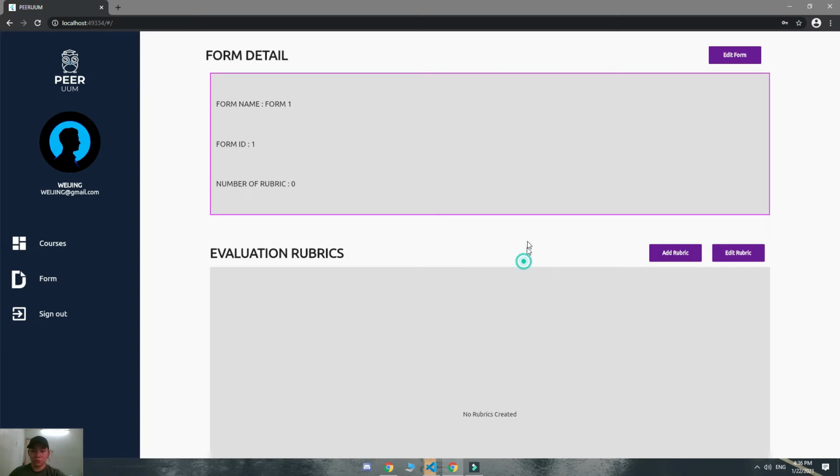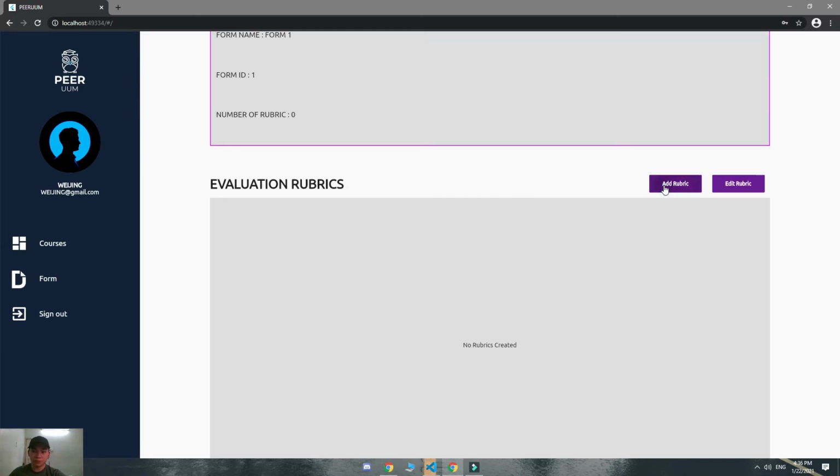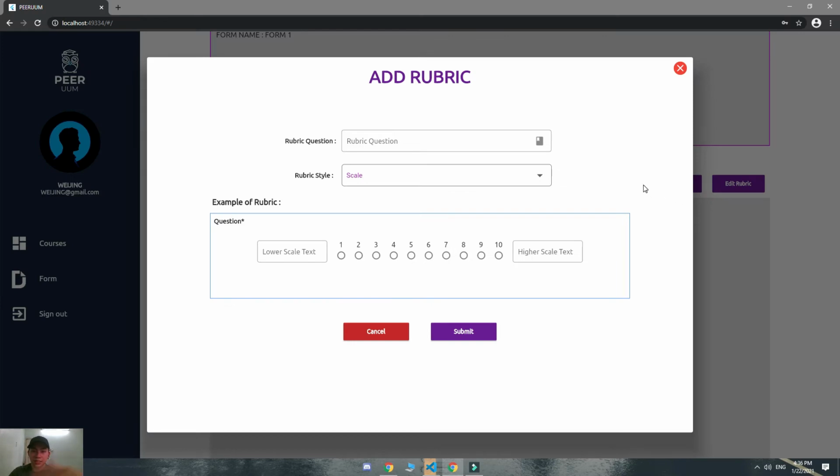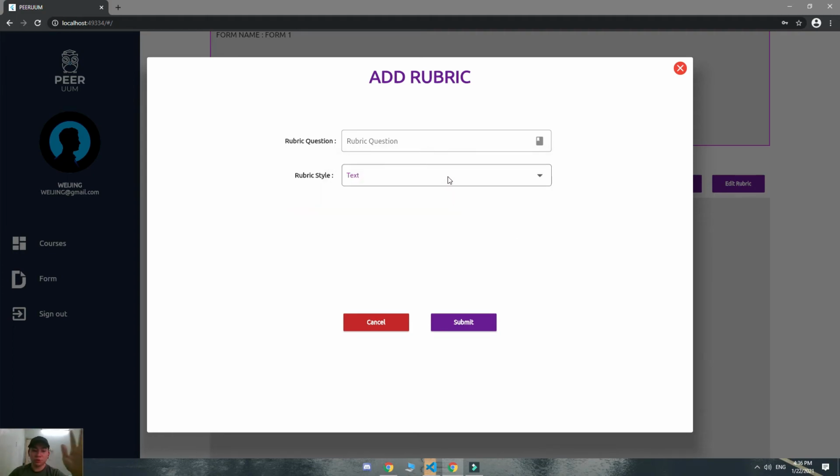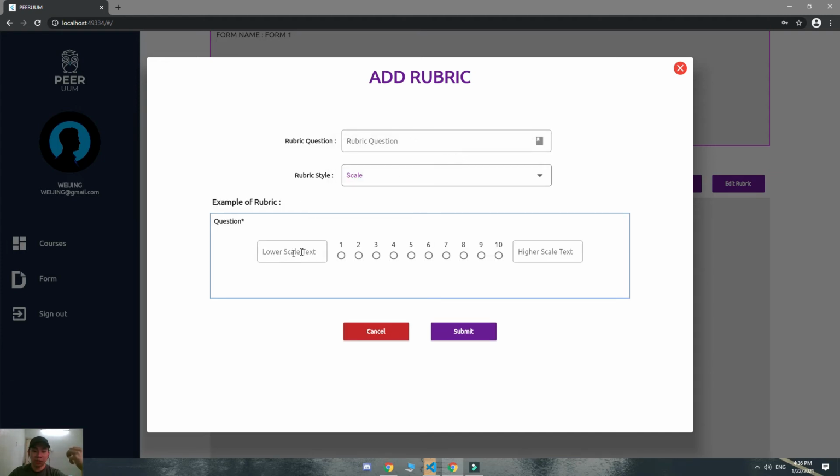So the lecturer will need to press add rubric over here, this button, and inside add rubric, the lecturer will need to fill in the rubric question and the rubric style they need. So for now, I only provided 2 types of rubric style, which is scale and text. For text, you don't need to fill in anything, but for scale, you will need to fill in the lower skill text and the higher skill text. So now I will demonstrate how to add the rubric. So first, you need to